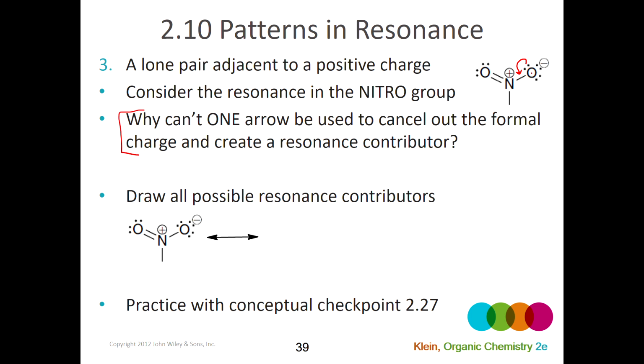Well, the problem is if I move those in, I create a 5-bonded nitrogen, which is impossible, just like a 5-bonded carbon is impossible. So sometimes if you're moving a lone pair in toward a positive charge, you may need a second arrow to avoid a 5-bonded atom that can't have 5 bonds. So if I'm going to do that, I have to also move this pair out. So doing that, I can see the resonance that occurs for this nitro group,